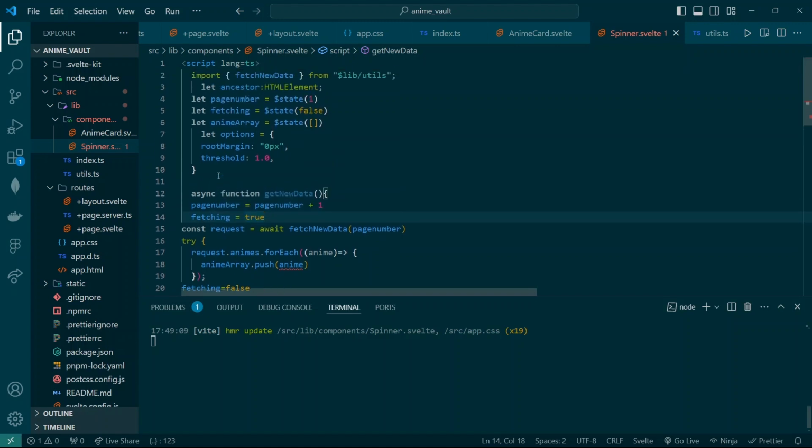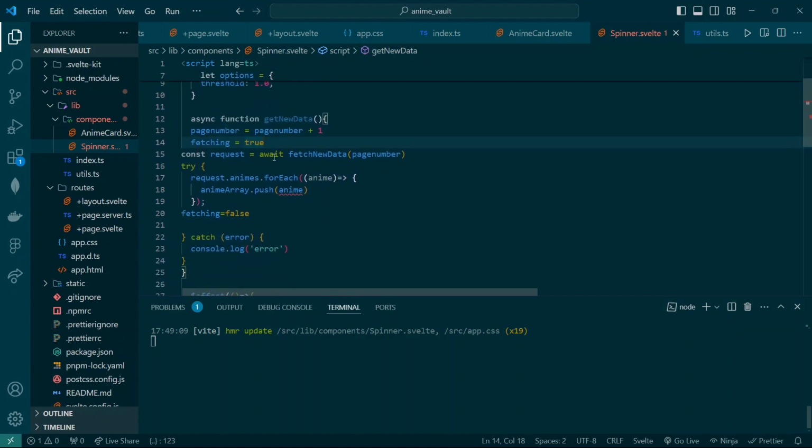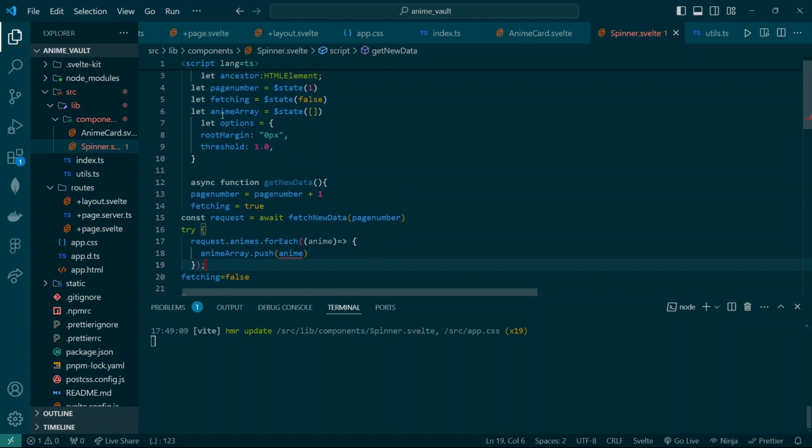It's not defined in the global scope. So whenever we run this again, we're gonna have a different value of this array and no way to track it. And if you looked at the demo, whenever we scrolled down, we didn't lose the animes that came from the previous page. They were still there. So we need something to track it in the global state, and that's why we use this